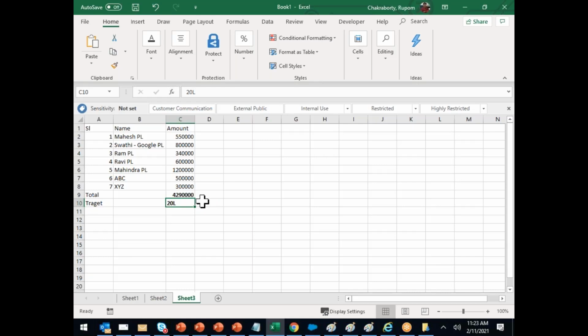Immediately you'll be shocked. Yes, but reality is that, did we get this business? No. We don't even know whether, for example, let's take Mahindra, right? Mahindra wants 12 lakhs loan. He came to us, he filled the form. We told him that within 5 days we'll give him a loan. After 15 days, I call Mahindra and tell him, hey Mahindra, your loan got approved, but not 12 lakhs, only 10 lakhs. He said, okay, no problem.